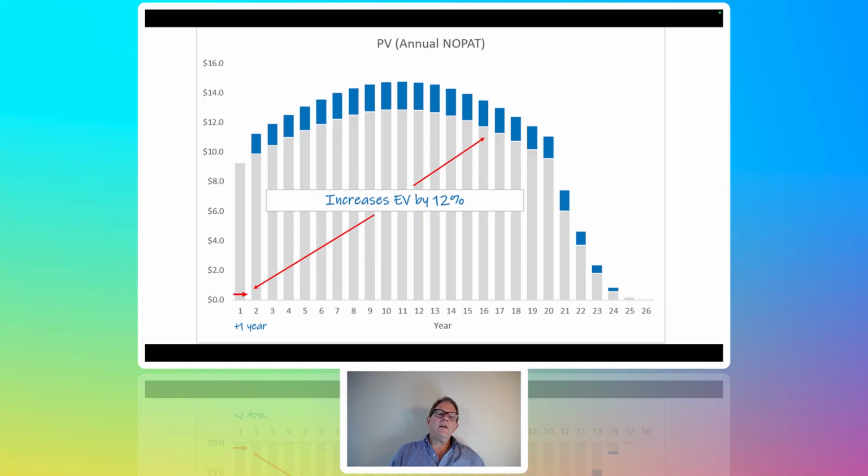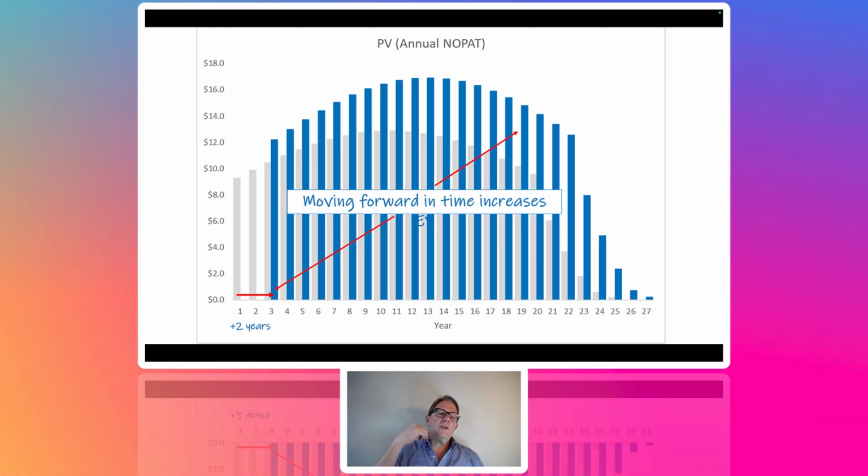company. And in fact, the enterprise value increases by 12% in this model, because what are we doing? We're growing 12% in that first year. So we're picking up that growth. Well, if they do it 2 years in a row, they move forward